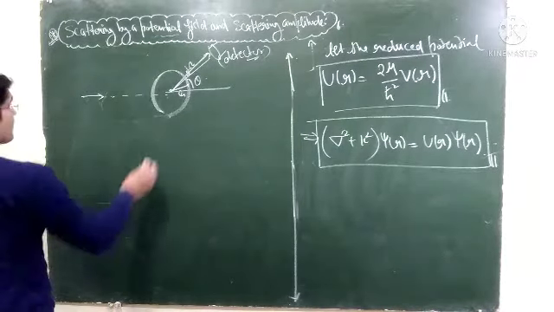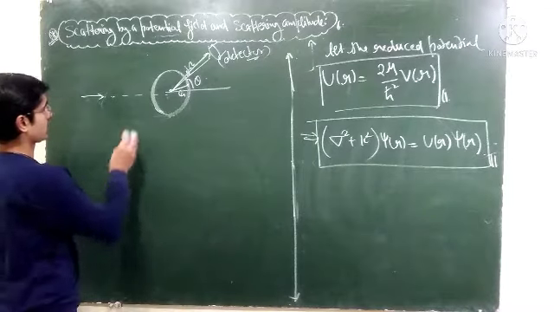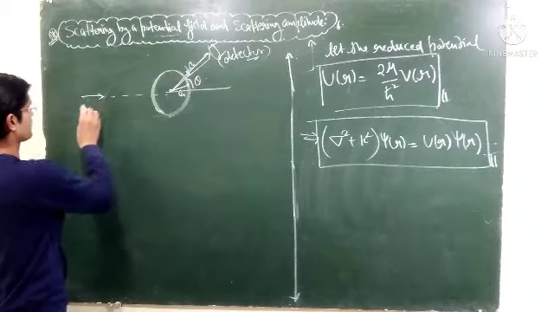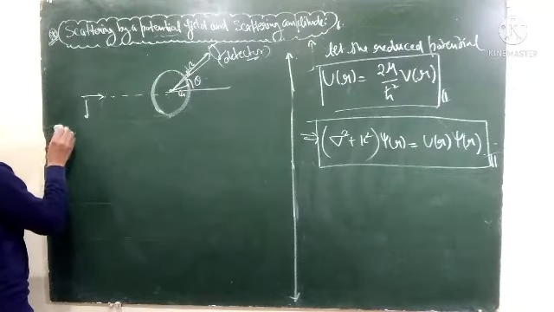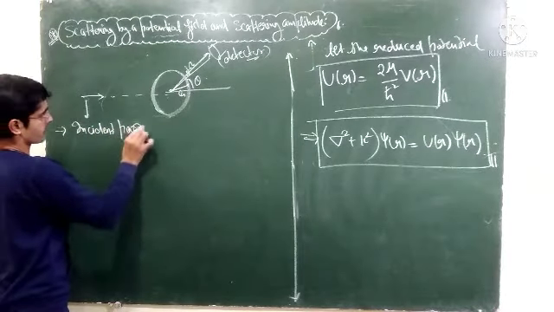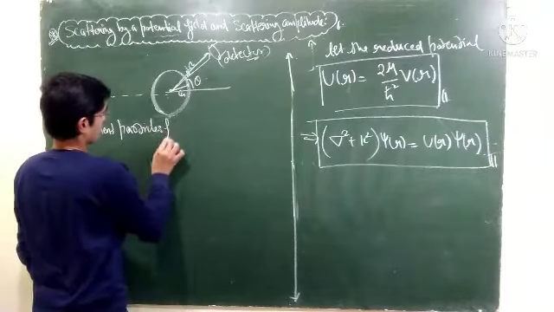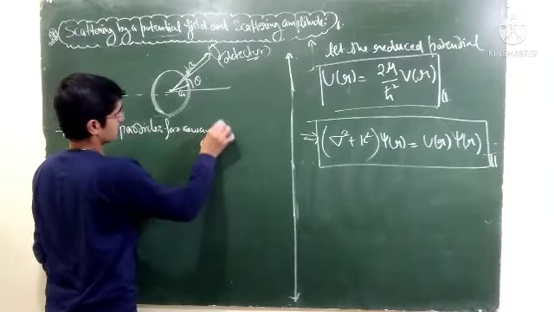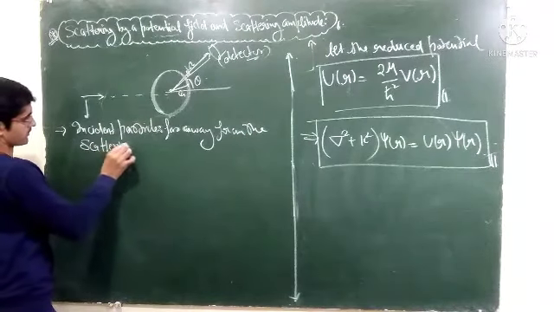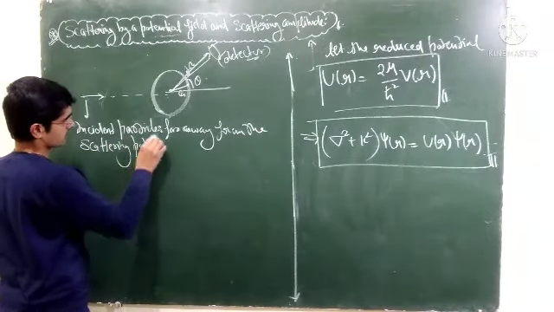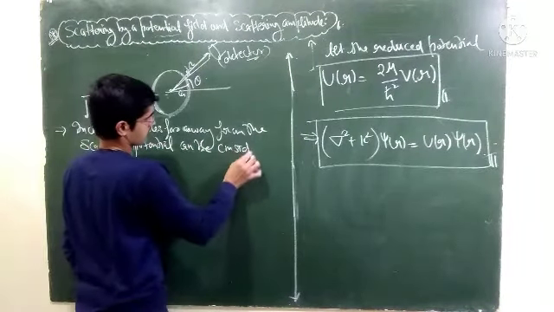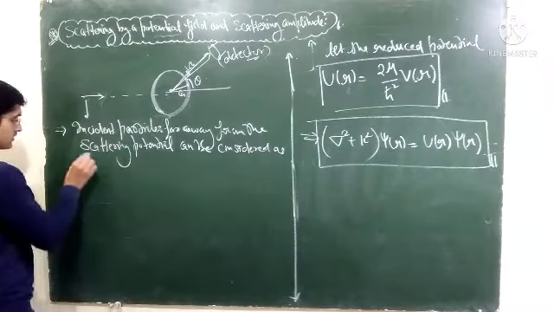omega. Now what you know by intuition is that when the incident particles are far away from the range of this potential, they are nearly free, or they are just free particles. So incident particles far away from the scattering potential can be considered as free particles,